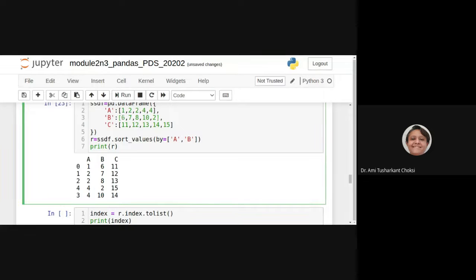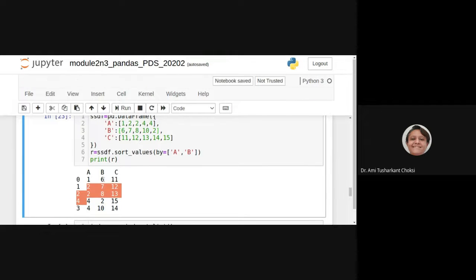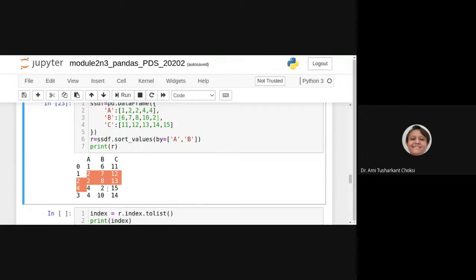Now, what is the case? For this 2 and 2, column B has the values 7 and 8 only, so it is in sorted order. It doesn't matter. Here, as this is 2, 2, the same value is there, so it checks the B column. If I change this to 8 and 7, then it will reverse that.